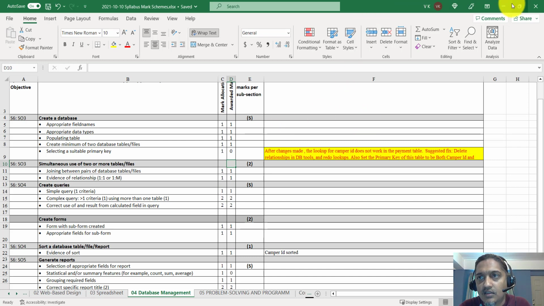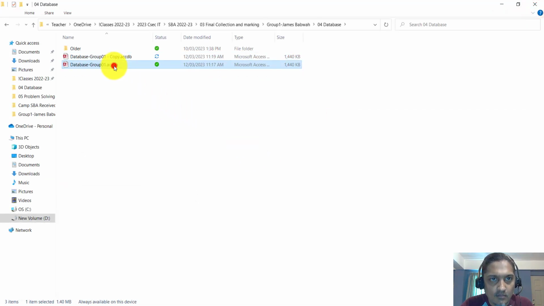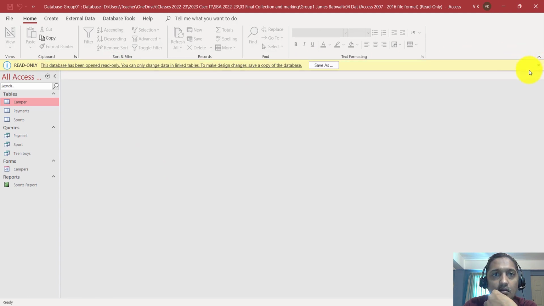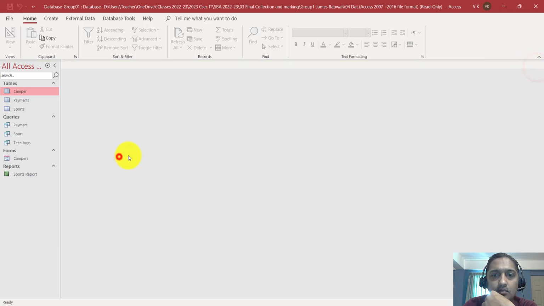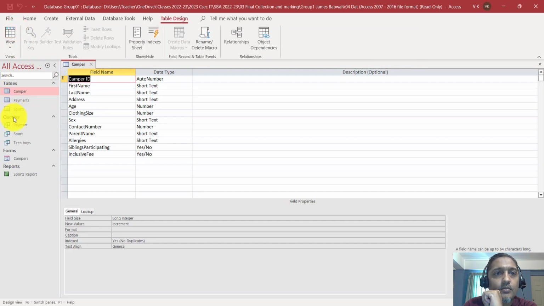Let's go back and check the data types here quickly. So right now I'm working on the copy of the database. I'll continue working on the copy of the database. Should I? Should I not? I shouldn't. Let me look at your. So let me go back to the camper table. All right, appropriate data type, siblings participating in exclusive fee,